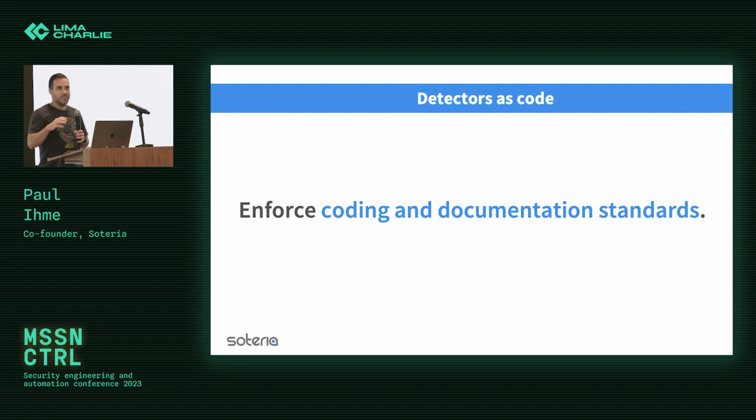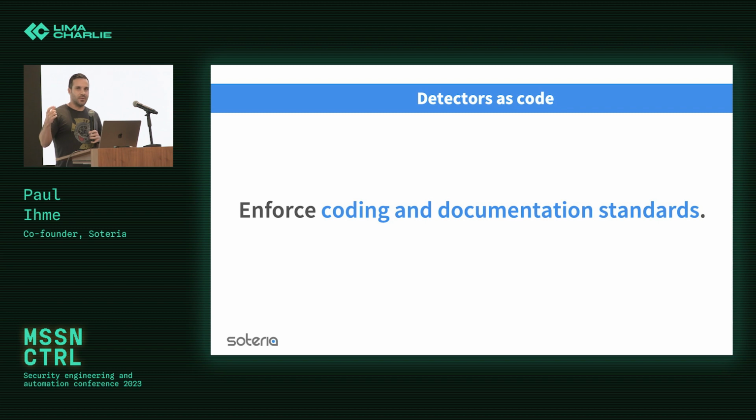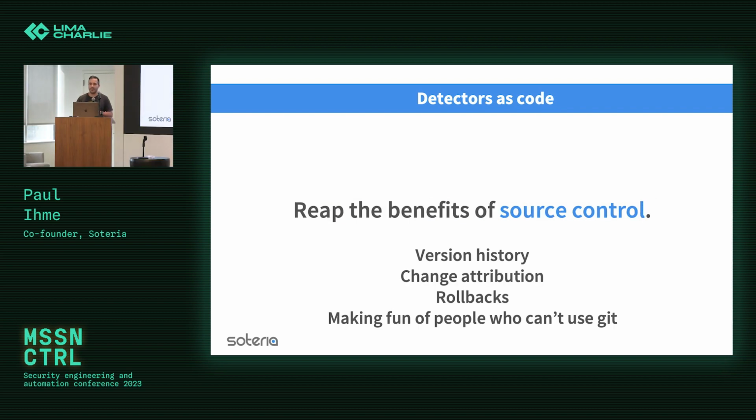You can also build this program to enforce coding and documentation standards, right? So going back to the example of a new rule, you've got this thing you want to detect, but you want to make sure that your detection engineers aren't just YOLOing rules into prod, and that you're equipping your analysts to do a good job of investigating and responding to any alerts that happen in off hours or when your detection engineers are not around. So you can use these types of processes to make sure that whatever standards you put in place are enforced before they do it.